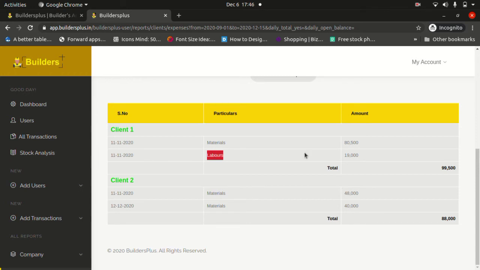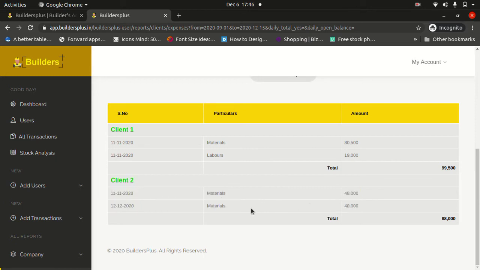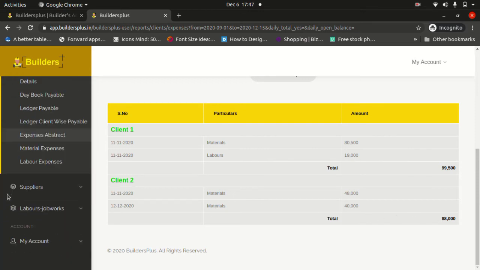For the labor contractor we spent 19,000 as expense. So totally 19,000 for client 1. For client 2 we spent 48,000 for the material on 11th, and 40,000 on 12th for materials, totally 88,000 as expenses. Okay, so these are the consolidated expenses for material and labor.